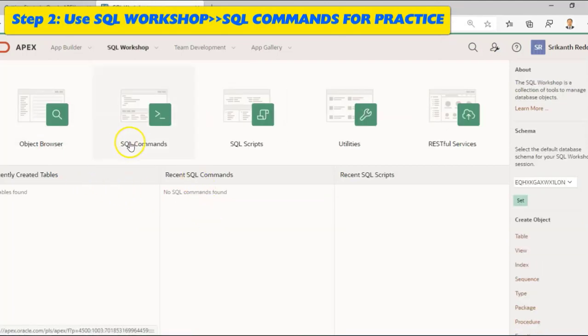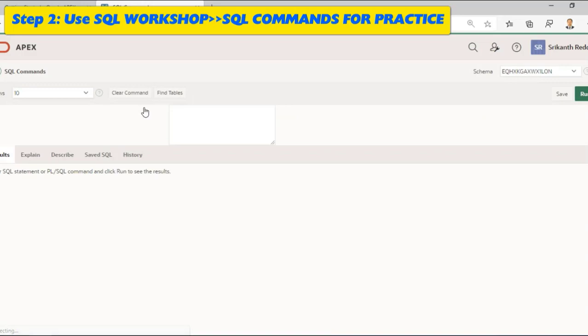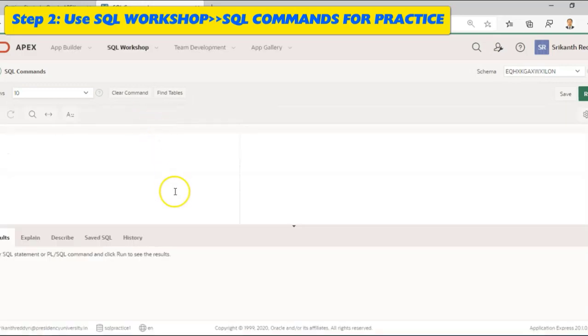Here you see Object Browser, SQL Commands, Script, Utilities. Let us click on SQL Commands. Here you can type your commands, click Run, it will get executed and your results will be displayed here.